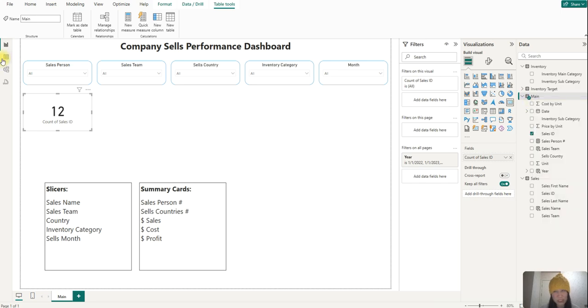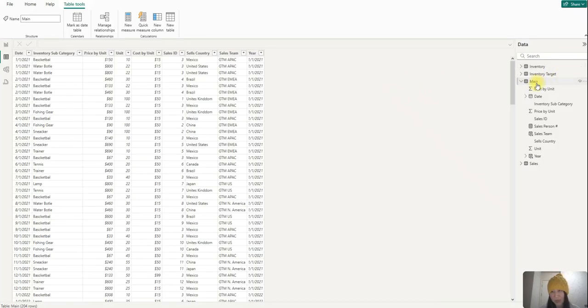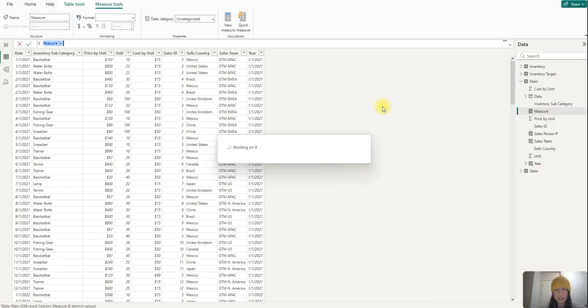Let's do it in the table view. We have this main table. I can create a new measure. A measure in Power BI is like an aggregated value. You can sum up the volume, subtract the value, multiply, or divide the value. You can also count the values. For example, the